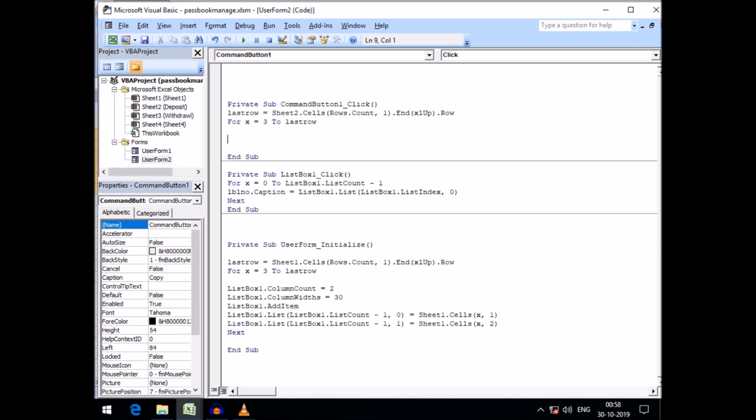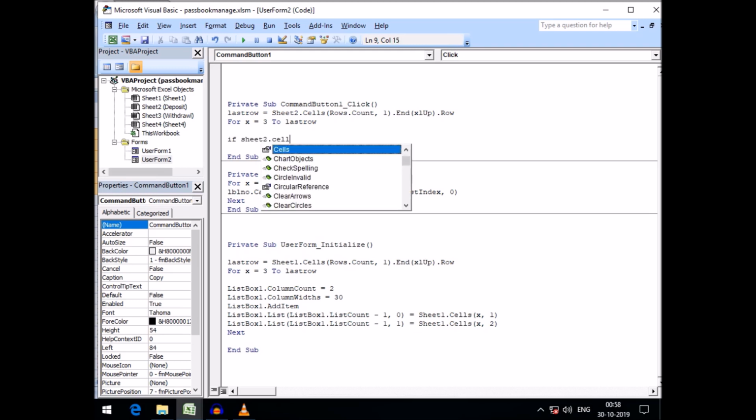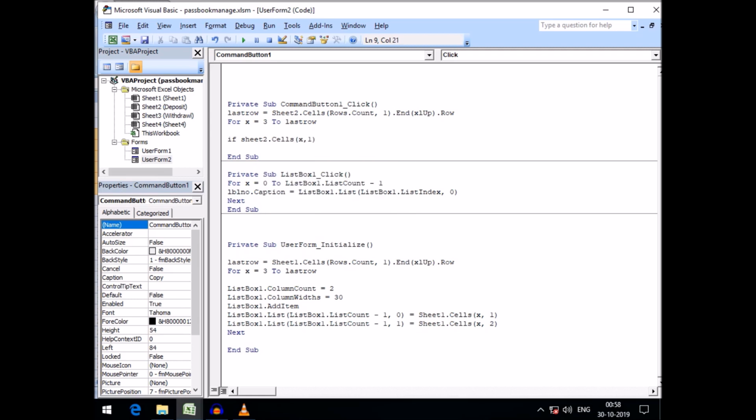And so we can write: If Sheet2.Cells(x, 1) equal to UserForm2.lblno, then